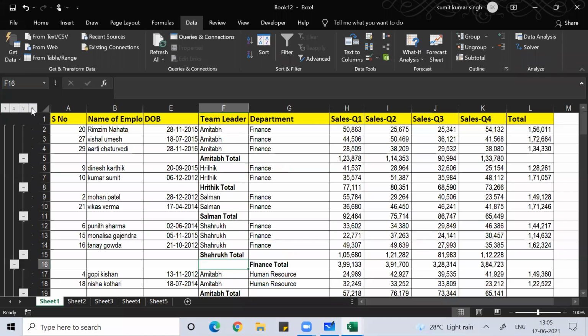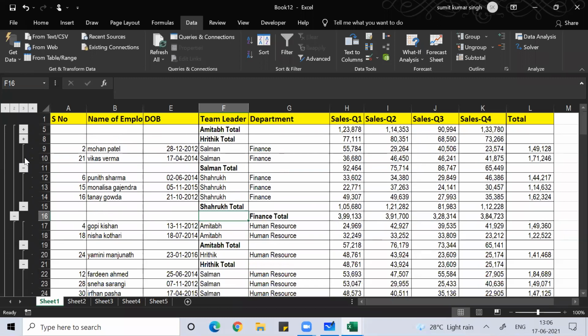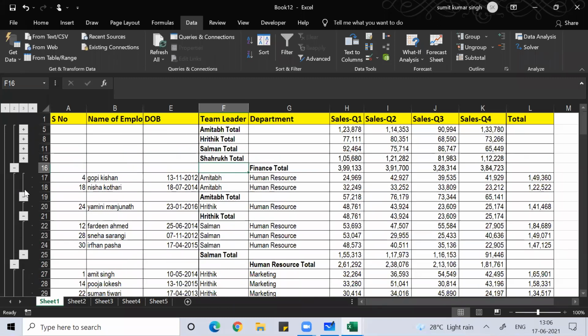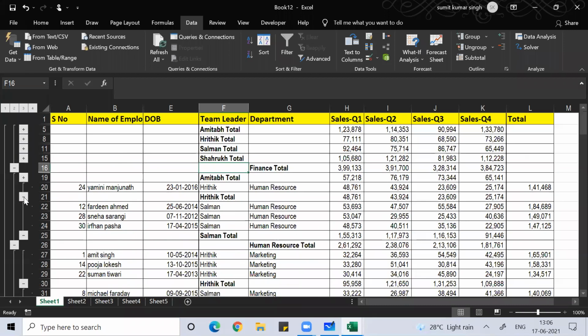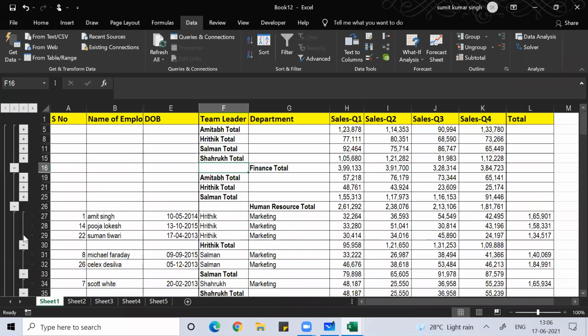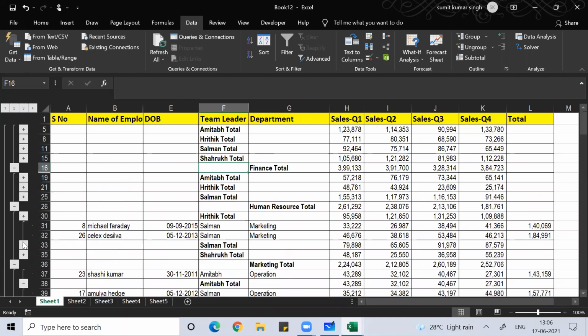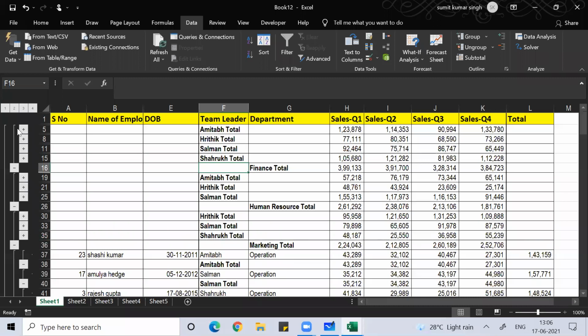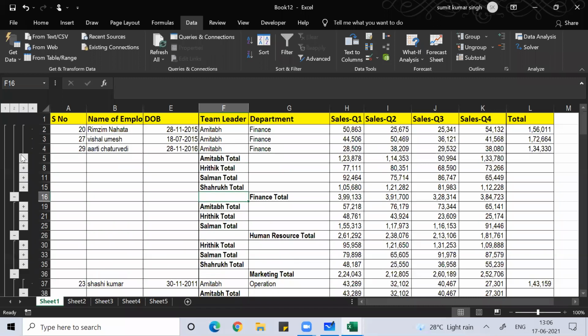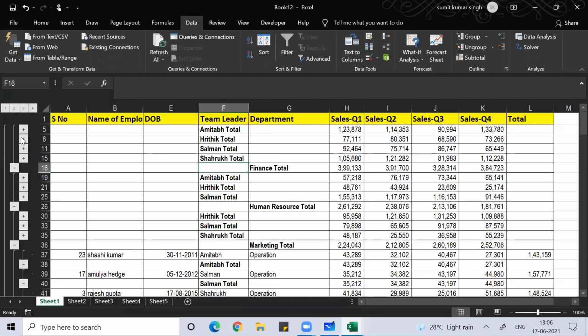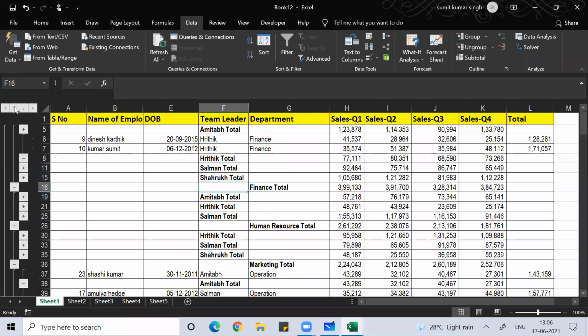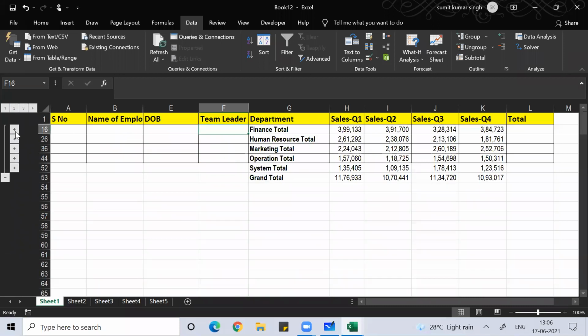And then in the fourth window, you have everything. You can see these symbols, minus and plus; you can expand or minimize it. Just click that and it will expand, so if you want to see it, you can go into detail. You can see the sum here. Click here: how did it get the sum 3,99,133?